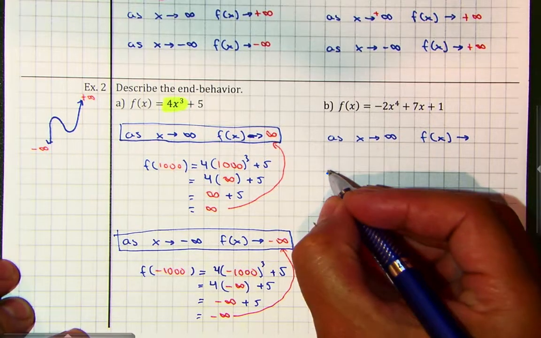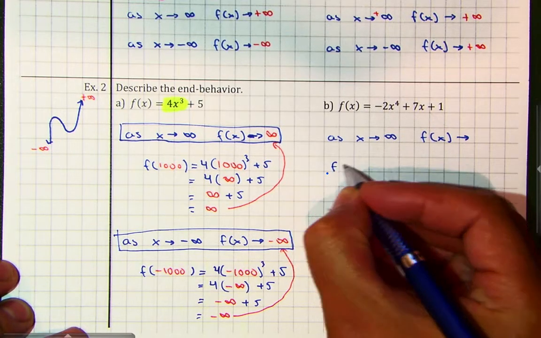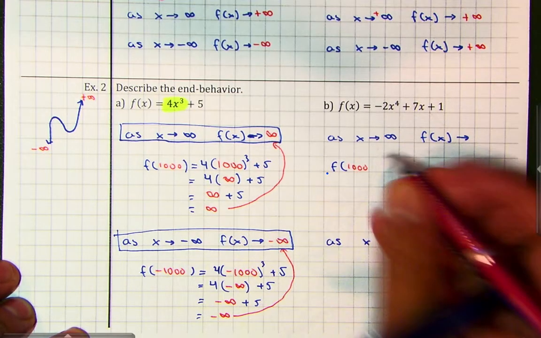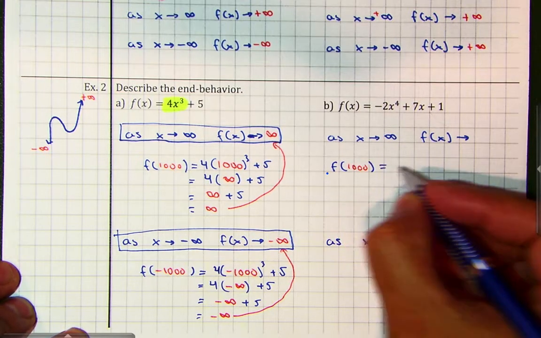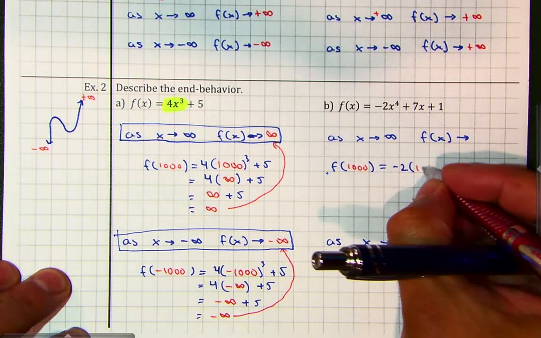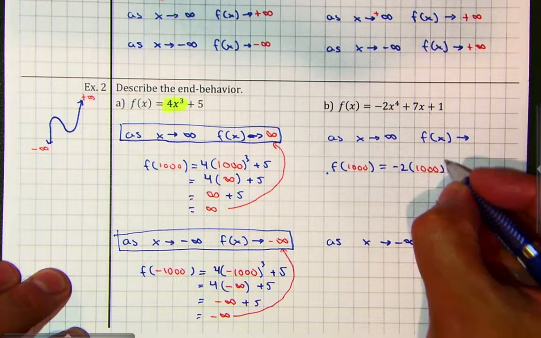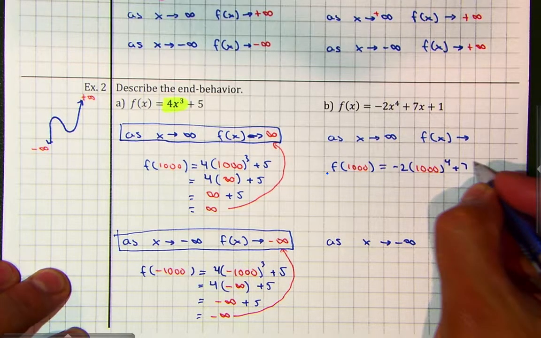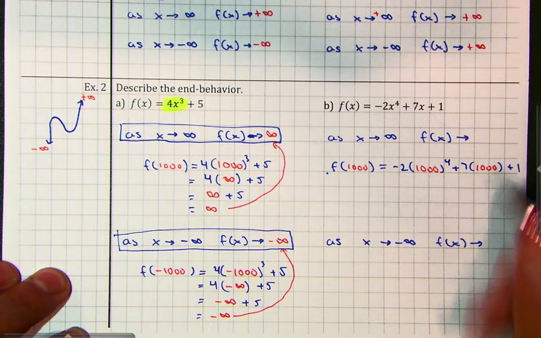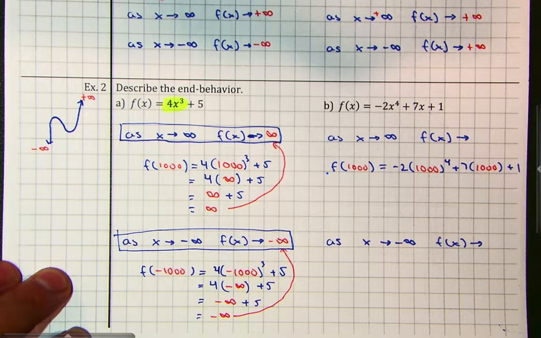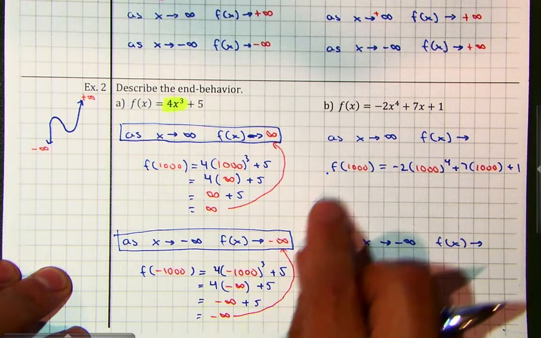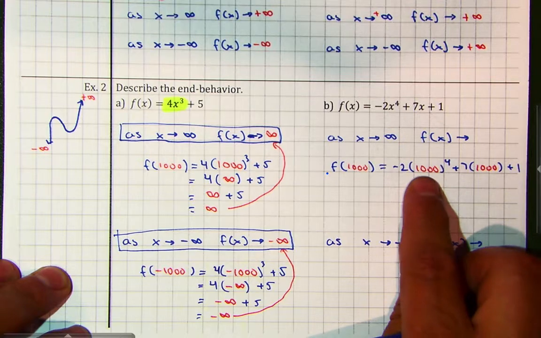Or you can plug in a bigger number if you want. So f of x, where x is 1,000, is going to be equal to negative 2 times 1,000 to the fourth power plus 7 times 1,000 plus 1. So what is going to be driving the value of f of x? It's going to be this term, right? Because 1,000 to the 4th power will be